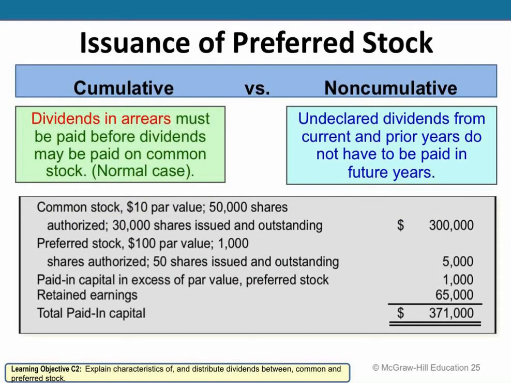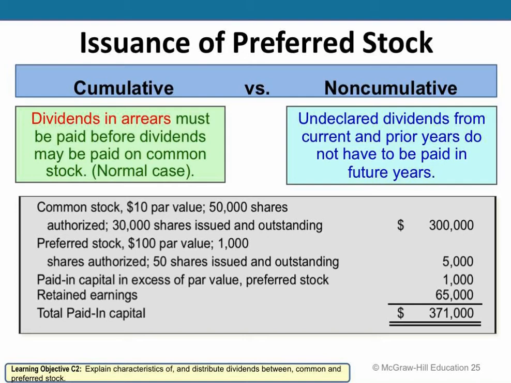So when you issue the preferred shares, you're going to have the amount of common stock here listed at 50,000 shares authorized. We've got 30,000 shares that were issued and outstanding. So 50,000 shares is what we asked the Securities and Exchange Commission, hey, can we issue up to this amount? They said, sure. We've only issued 30,000, and we've got 30,000 still outstanding. So this is for our common stock. It had a par value of $10 associated with it. So we've got 300,000 that's listed as common stock